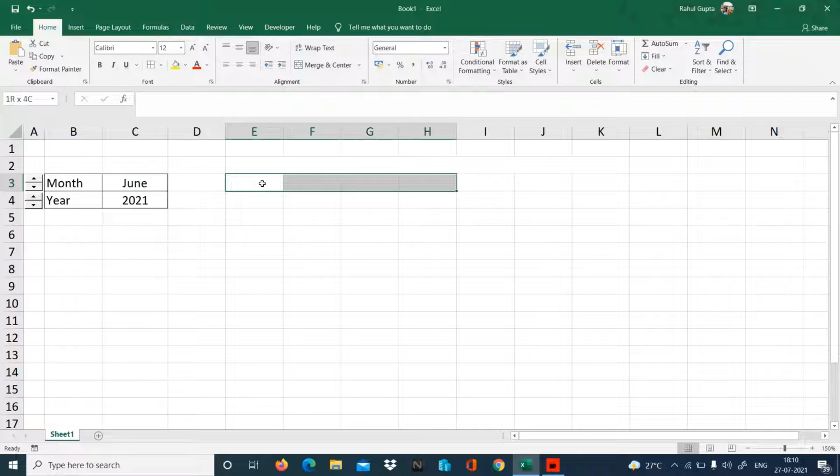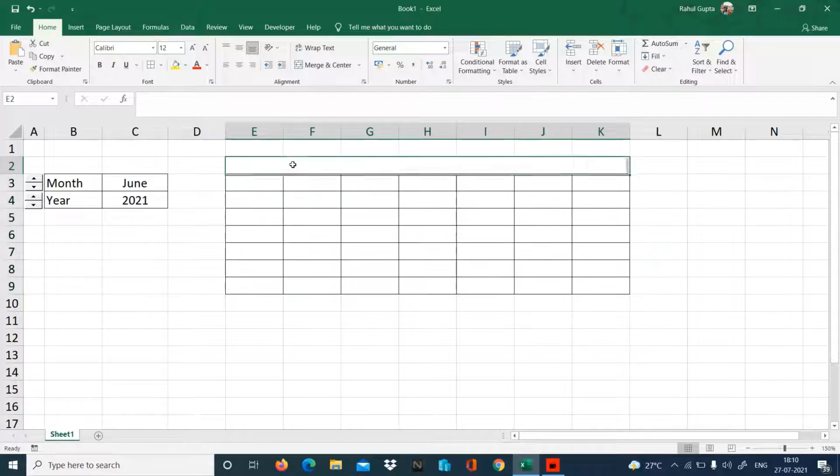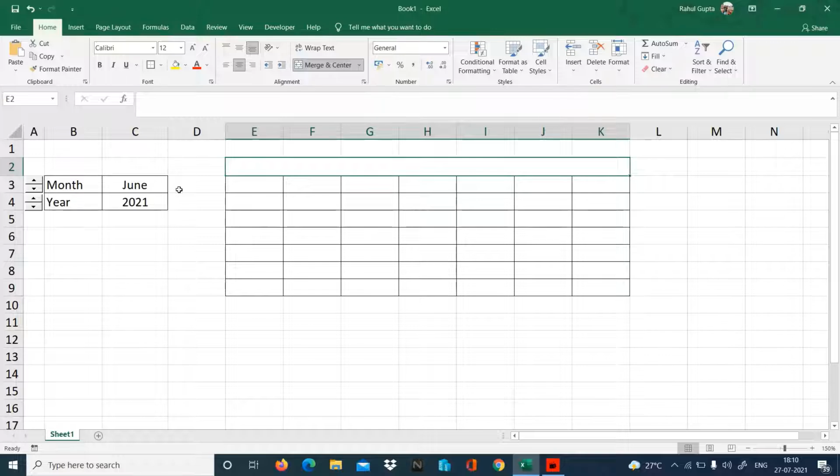Then 7 columns and 7 rows, and I'm going to make a border on this. I'll also make a border on the merged one because this one I'm going to use for the heading, to write over here what we are doing actually, which calendar we are providing. So for heading purpose we have made this one.